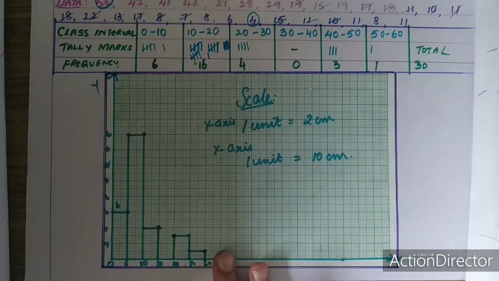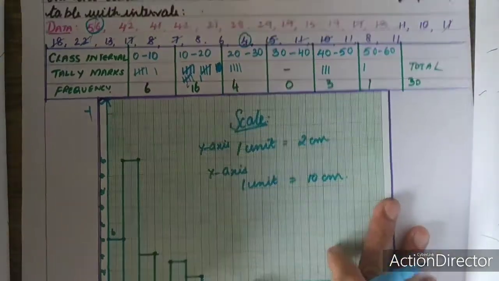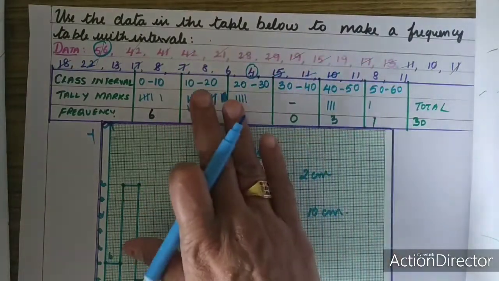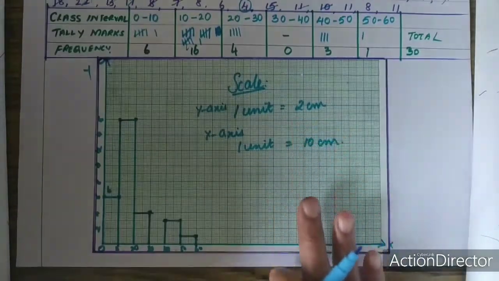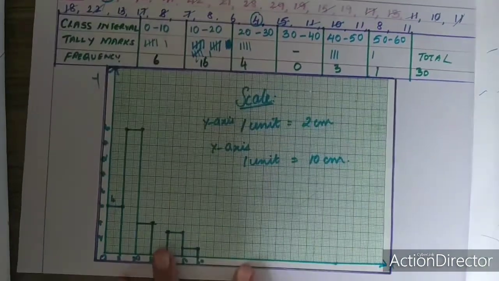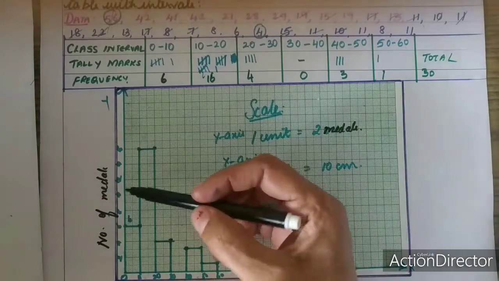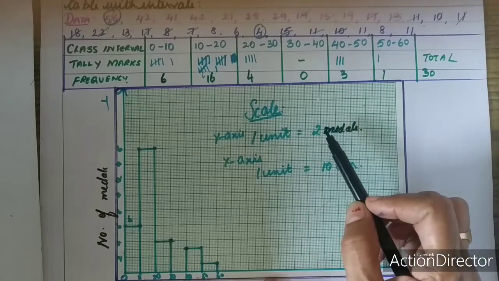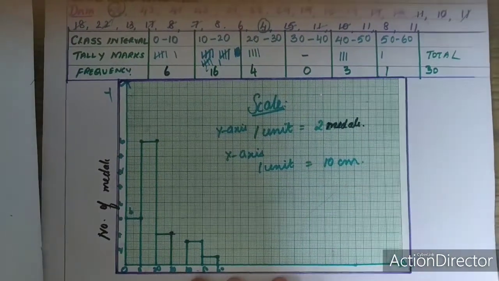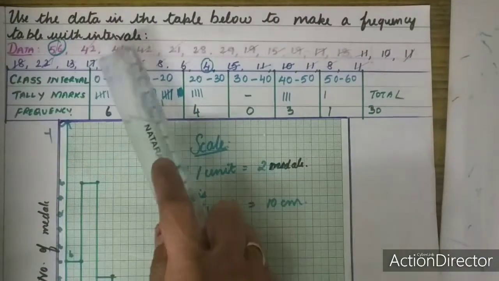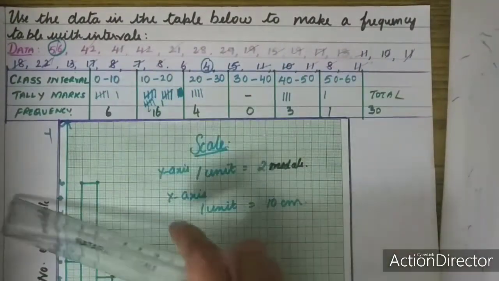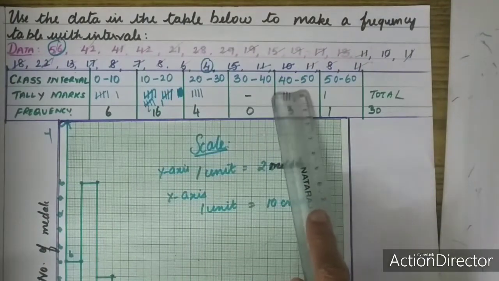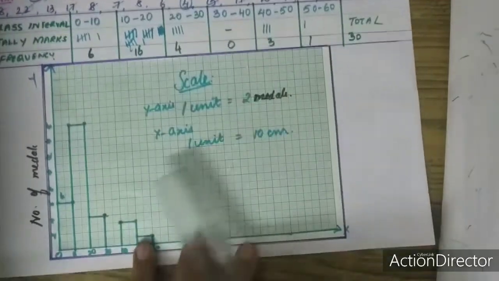Hope you understood how to draw the histogram using the given data. First you made the class group distribution table using the given data. After making the table, I have made the histogram. In this histogram, the y-axis denotes the number of medals. So you will be writing in the scale 1 unit is equal to 2 medals. So in this question, when the frequency distribution was asked to make, you took the class interval as 0 to 10, 10 to 20, 20 to 30, 30 to 40, 40 to 50 and 50 to 60. Based on this, we made the histogram.